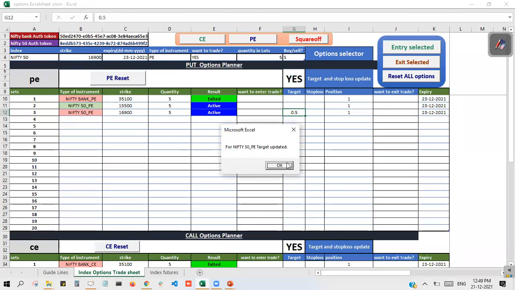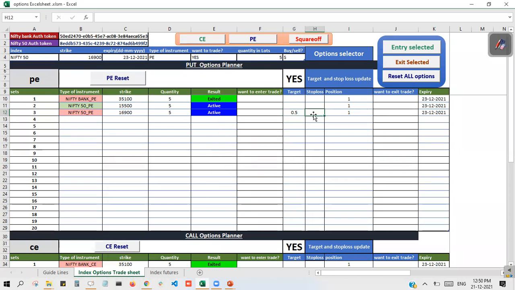As soon as you type the number and click enter, the target will be updated in the TradeRound deployment. And I want to keep the stop loss of 0.2 for this option. This is Nifty 50 PE selling. The target has been updated with 0.5 and 0.2.